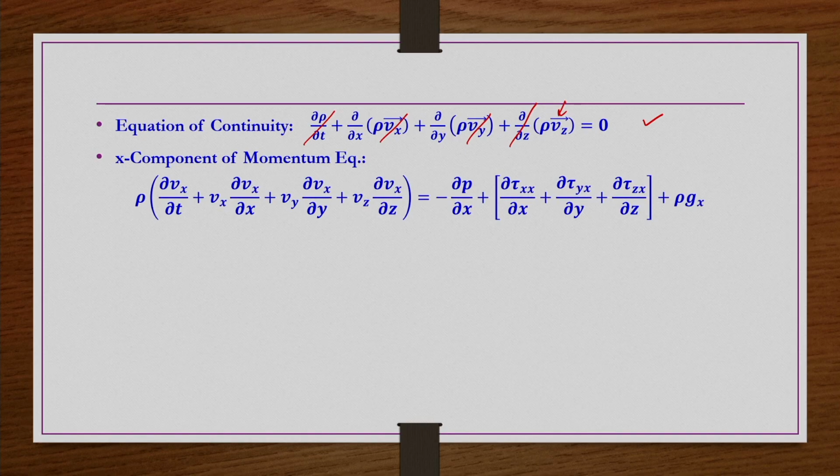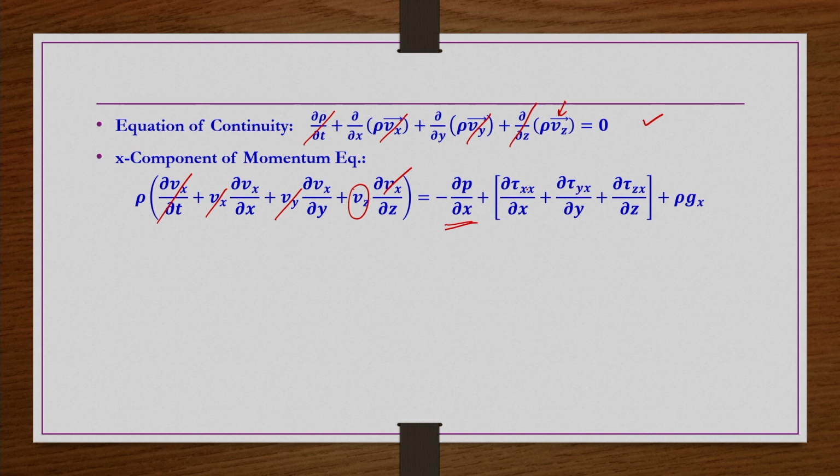Then the momentum equation, first we see the x component of the momentum equation. So, this is the momentum equation. Now we apply the constraints. Steady problem, so the first term is 0. Vx is 0, Vy is 0, Vz exists, but Vx is 0. So, all the terms on the left hand side cancel out. Pressure we do not know in general for such kinds of problems, so we just keep it as it is, right.